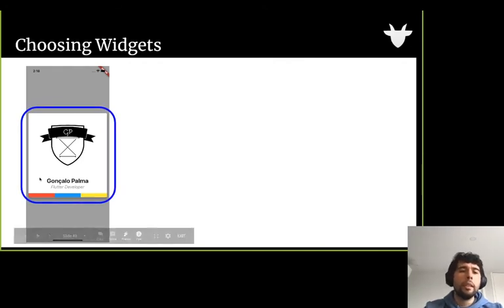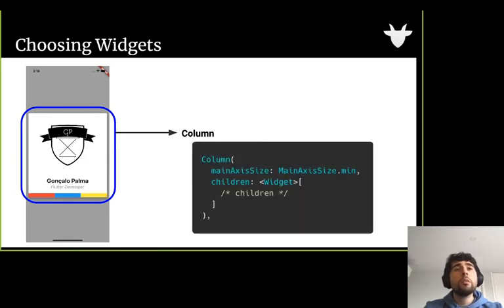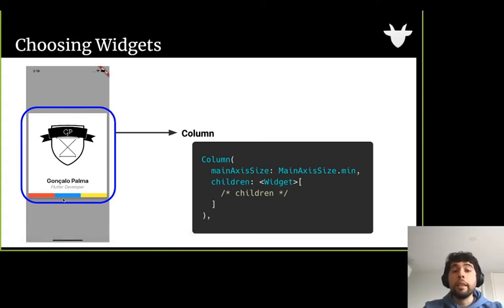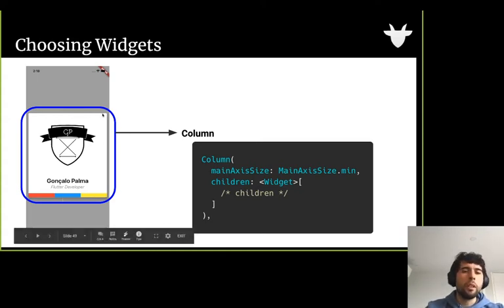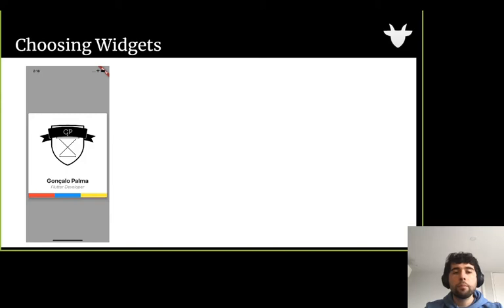Well, we are going to display elements that are arranged vertically, in a column. So we are going to use the column widget to display the image, the text, and this bar at the bottom. The column widget has some properties. In this case, what I'm saying is, okay, the main axis size, so the vertical axis, I want it to be as minimum as possible. And this says to Flutter, okay, if you have space, don't expand it. I just want to display this as little as possible with all the widgets that I have inside it. And then I will provide a list of widgets to display inside it.